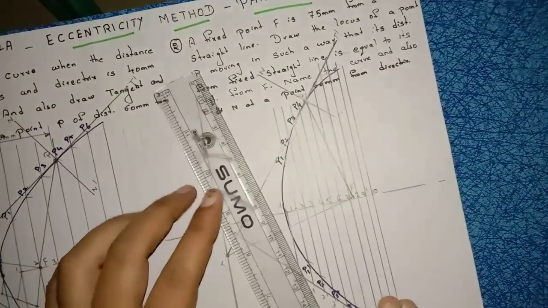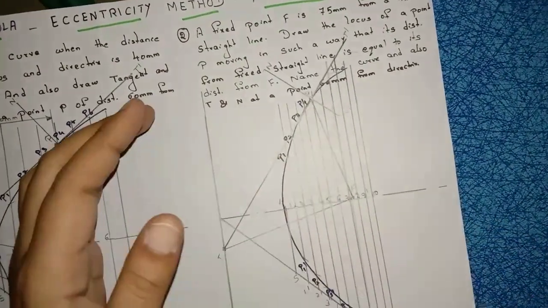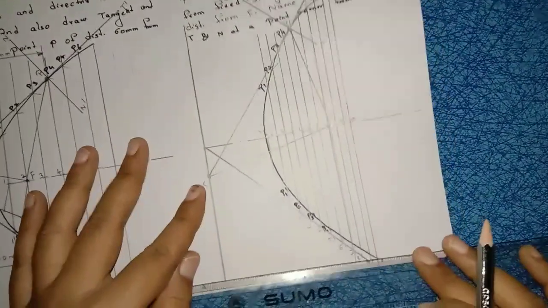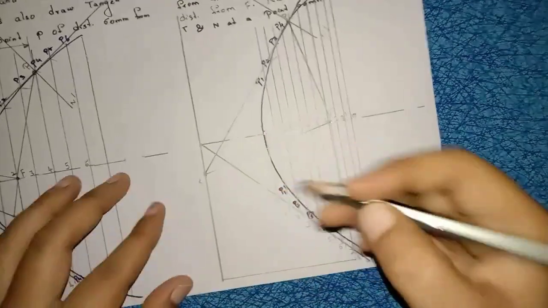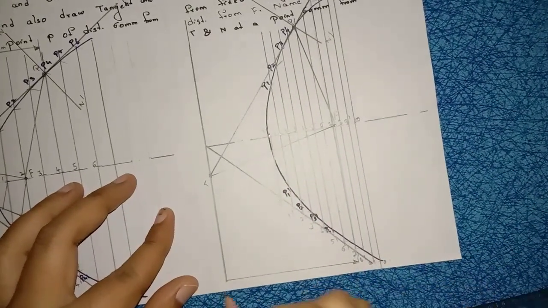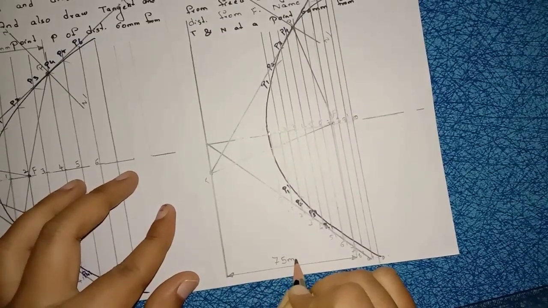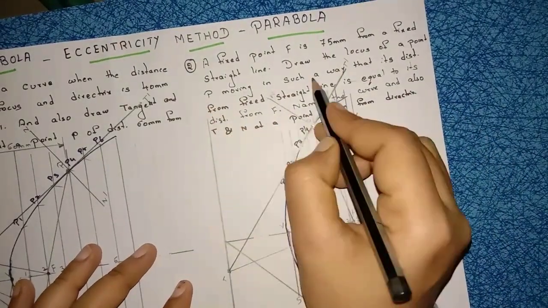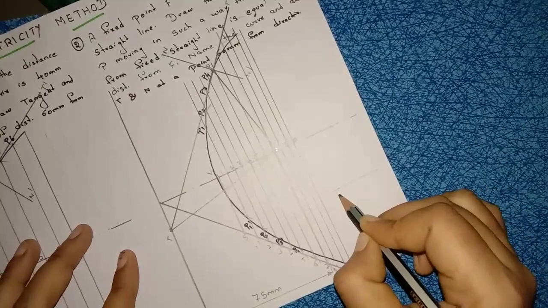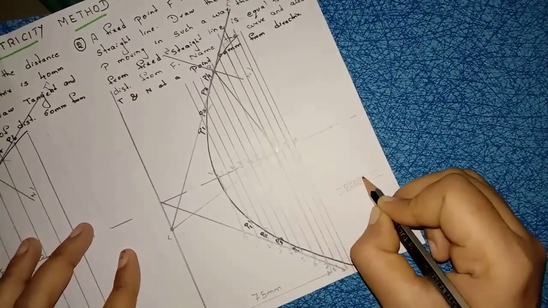After that, mark the dimensions properly. Distance from focus to directrix is 75 mm. So extend from focus, draw the extension line and dimension line, and write down here 75 mm. Here also extend this one. Draw here 60 mm. After that, take a height of 5 mm below the diagram. Write down here parabola.